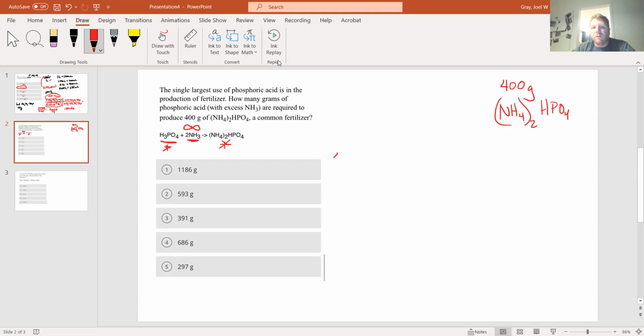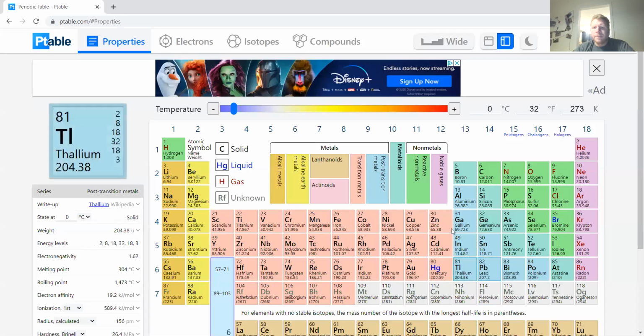We know that we want to make 400 grams of (NH4)2HPO4. What we need to know is the molar mass of (NH4)2HPO4. So to get that, we're going to go to our periodic table. And what I'm going to do on a separate piece of paper is